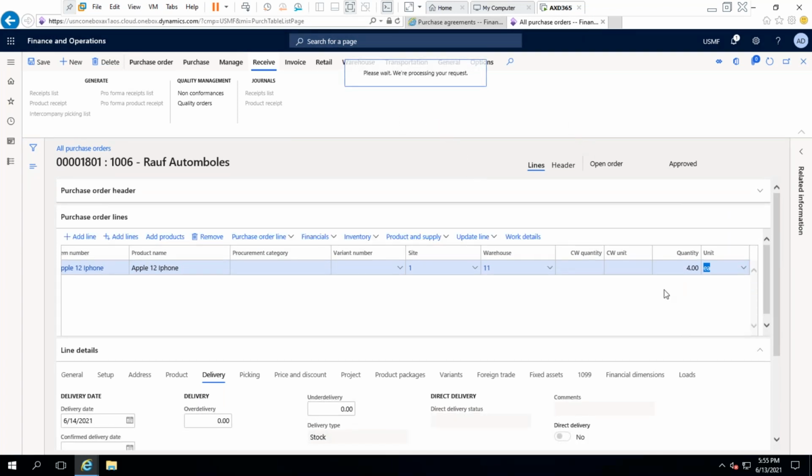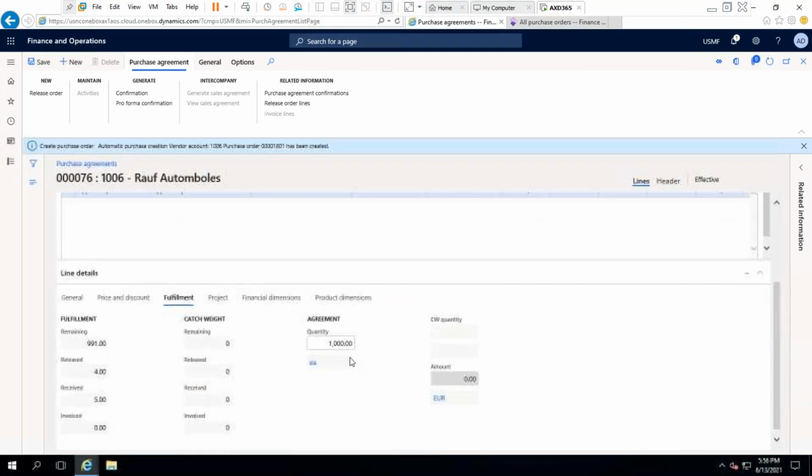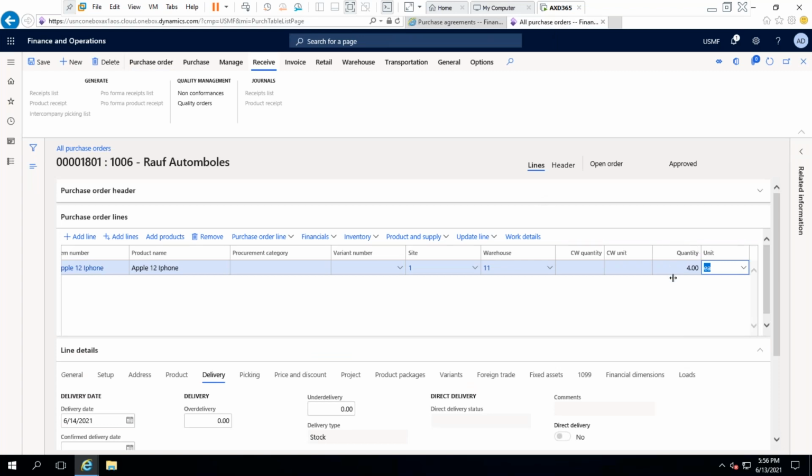Okay, I have updated the quantity from 3 to 4. Now I'm refreshing. Yeah, it was updated. Okay. So the quantity will be back to. Obviously, there are some